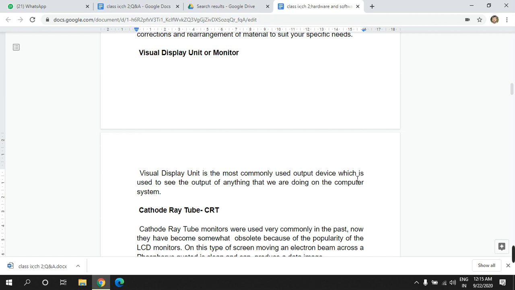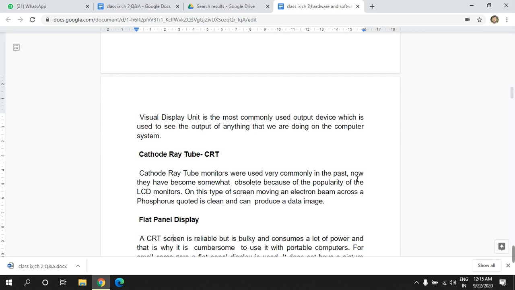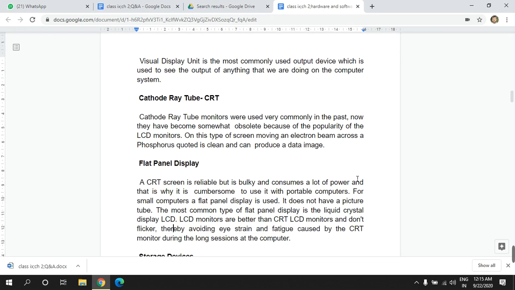So what are the CRT monitors? You must have seen the old monitors which are bulky in size, and they use a cathode ray tube. The cathode ray tube works on the principle that on this type of screen, an electron beam moves across a phosphorus coated surface, and it produces the data image. These monitors have now become obsolete, mostly because they were heavy and they used to consume lots of electricity, and UPSs could not give backup for long for these type of